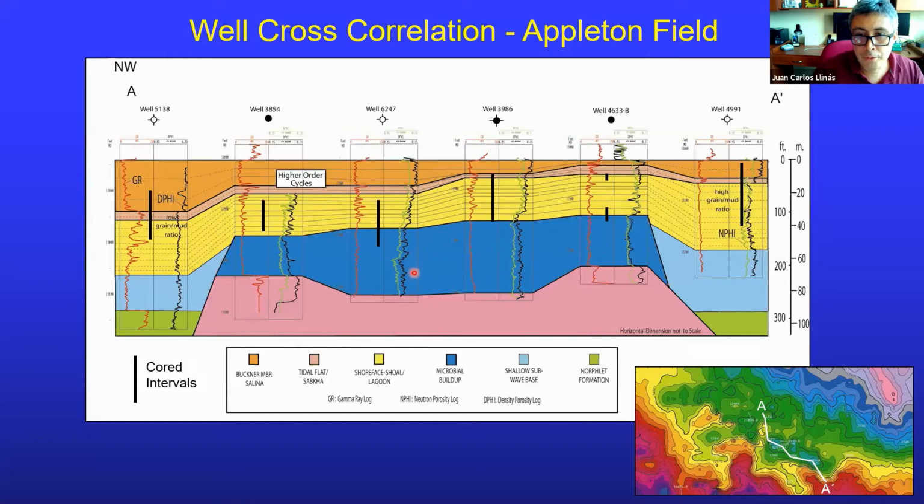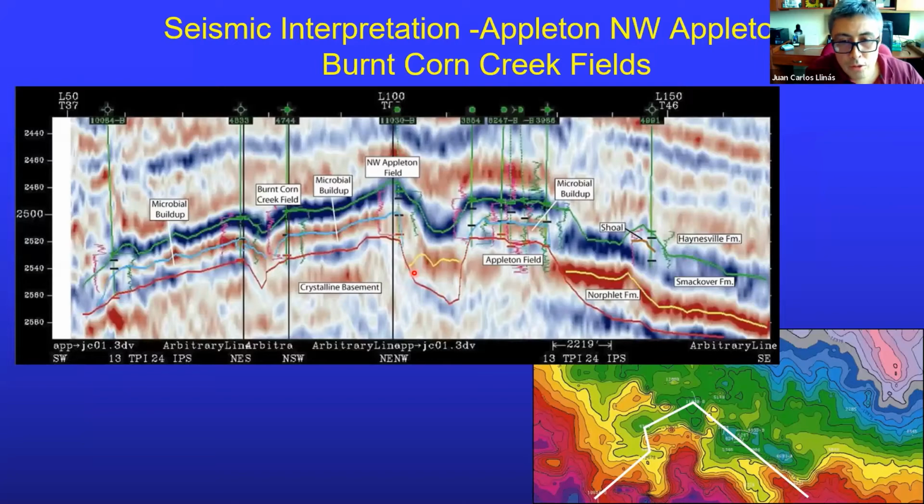How it looks on seismic. We have the strong peak that defines the top of the Smackover, or the top of the Buckner, to be more precise. The top of the Buckner in hydrate. Then we have this peak that marks the top of the entrance into the buildups, probably also the shoals. And then, as we hit the bottom and the top of the basement again,